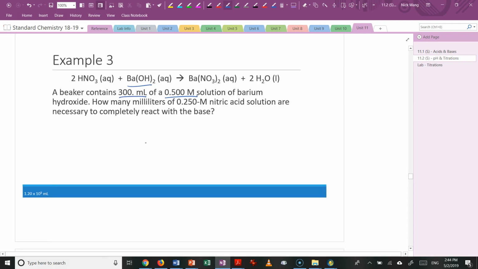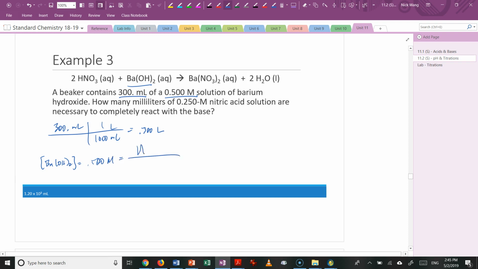All right, remember that we have 300 milliliters. Of course, we can't just use 300 milliliters as is. All the work in molarity involves the use of liters. So let's make that conversion happen real quick. That'd be 0.300 liters. Then, knowing that my concentration of barium hydroxide is equal to 0.500 molar, I can then